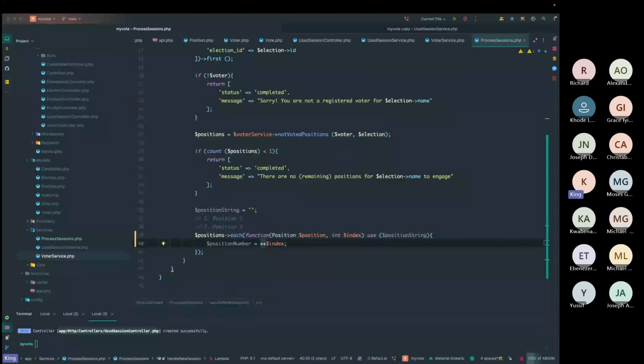So mind you, if you do position plus plus, it means you will assign it to position number before increasing it. And for that matter, the rest of the code will have the increased value, and then position number will have the same value. So you would want to do plus plus index to get it. And then